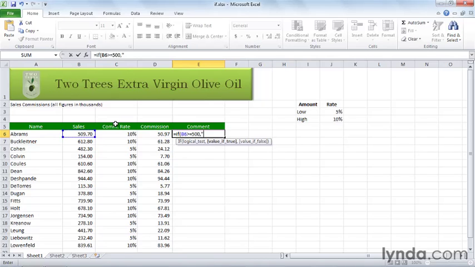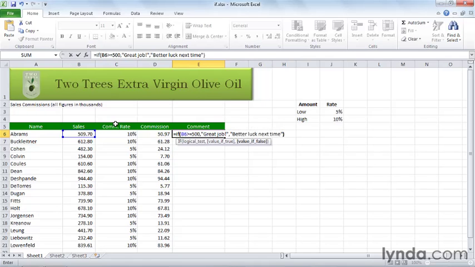Now, if it's true, we want to output a comment. So open up your double quotation marks, and we'll type in Great job, exclamation mark. That's the end of the comment, so close the quotation mark. That's now the end of that argument. Type in a comma. Now remember, this is not English, this is Excel. So the comma has to go outside the quotation mark, not inside the quotation mark. So if that condition is false, put in another double quotation mark, and we'll say, Better luck next time,